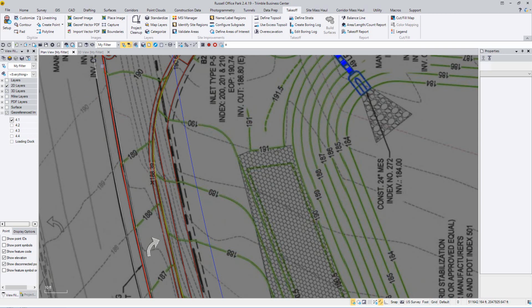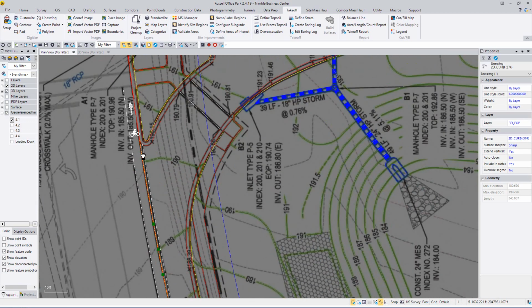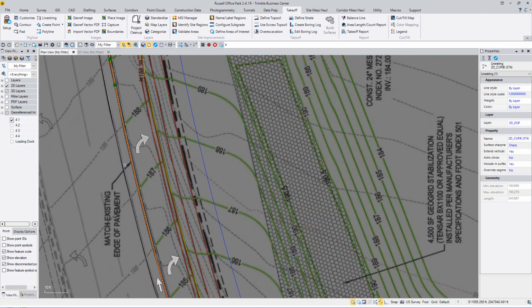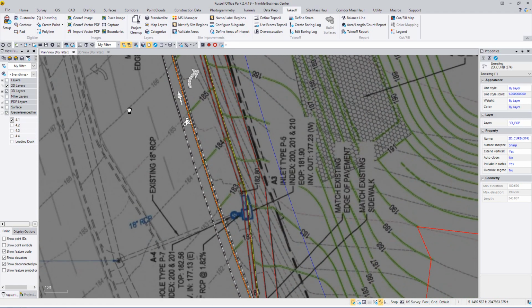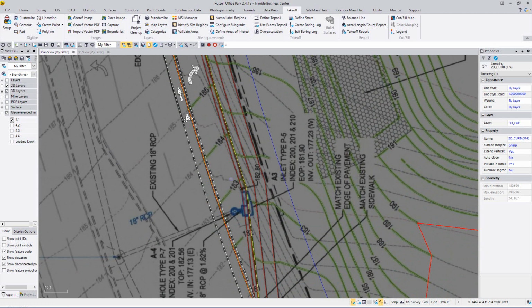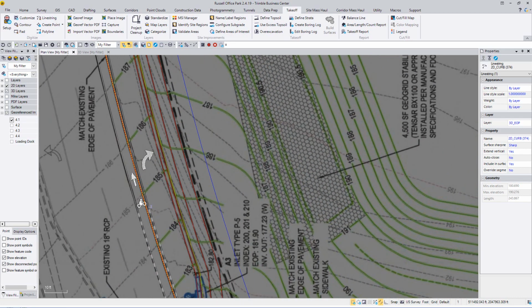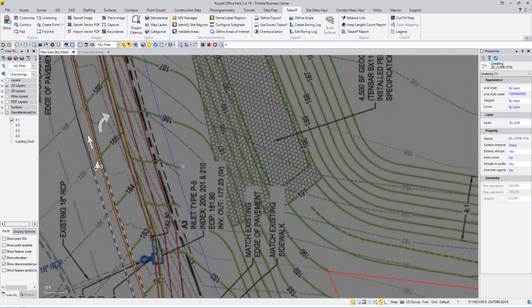We got information as far as the saw cut line and spots along here. So this line here was now, you'll see the edge of pavement here. We adjusted that edge of pavement line, and then from there we looked at the cross slope of the road because they shot the lanes from the median strip on over, so we knew what we were dealing with. There's also a bicycle lane here, so we've got to watch the cross slope on that and the width. And then we come into here, but most importantly,